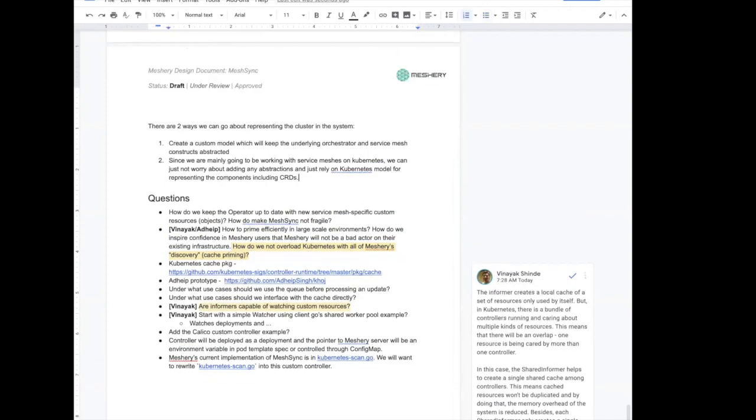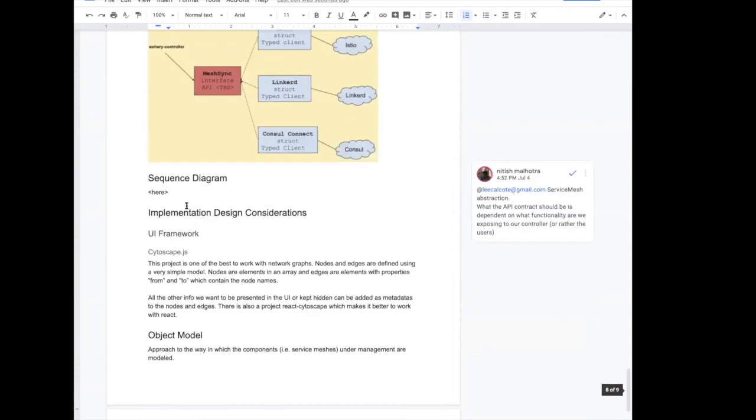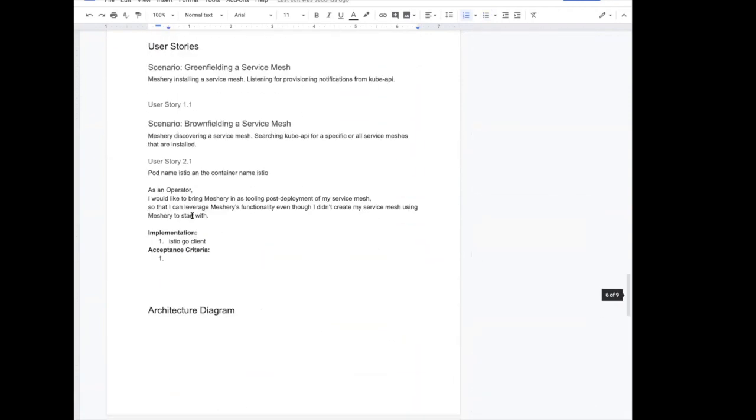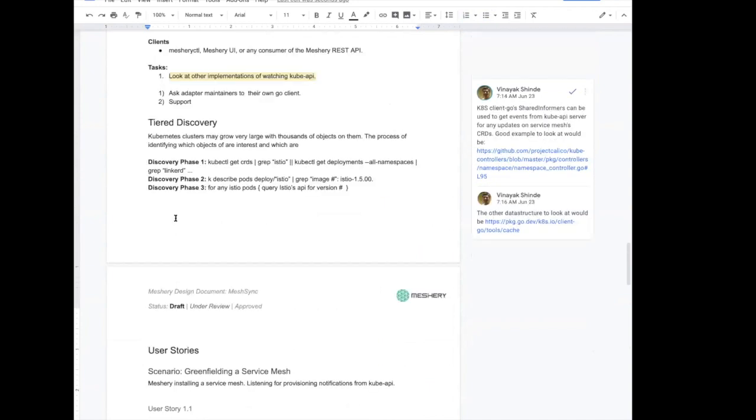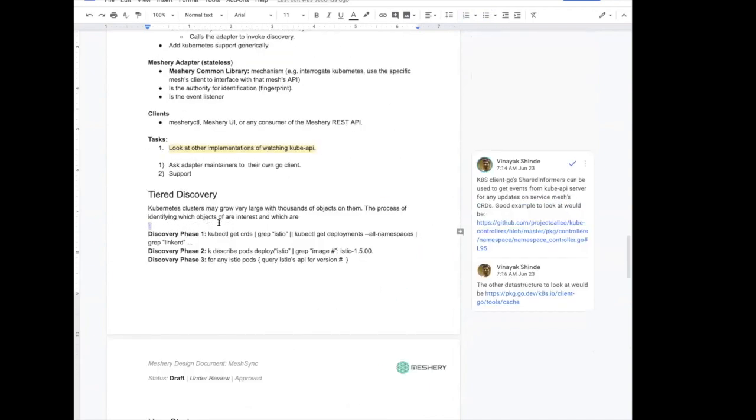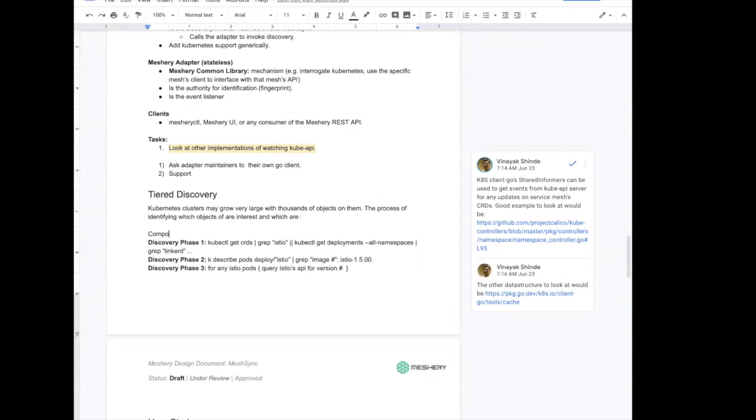The other two are not concrete, but we were thinking of searching for deployments and then searching for images to figure out what version we're running. Is there anything else we might use for? So everything I say is from a very Istio-centric perspective because I haven't played with a lot of other meshes, but that's something